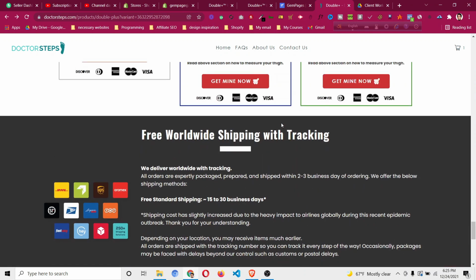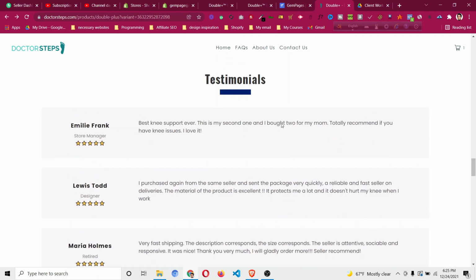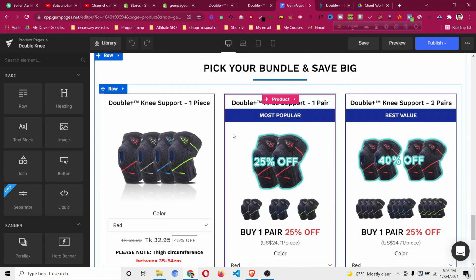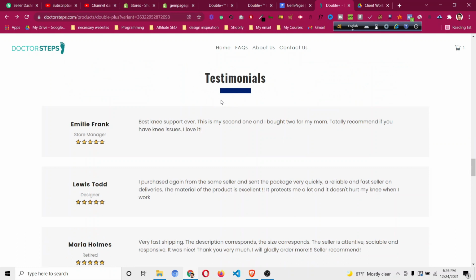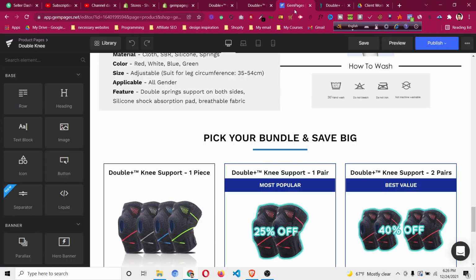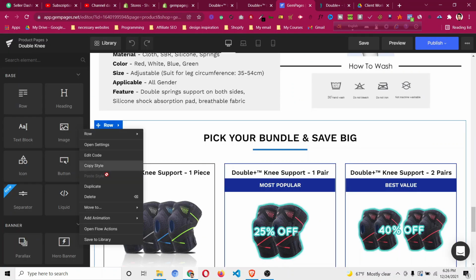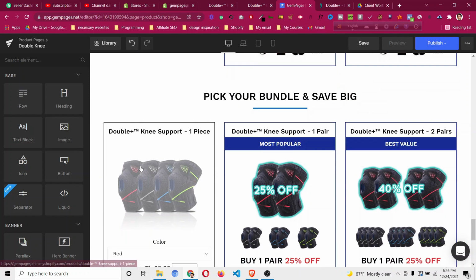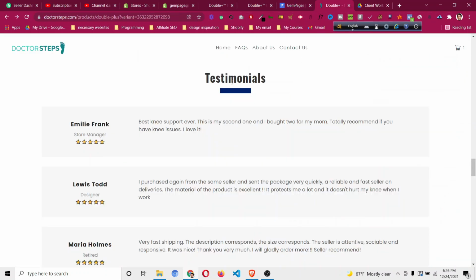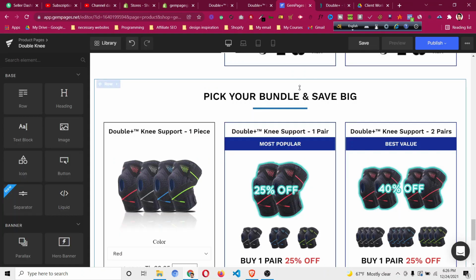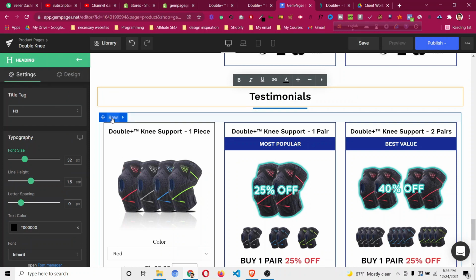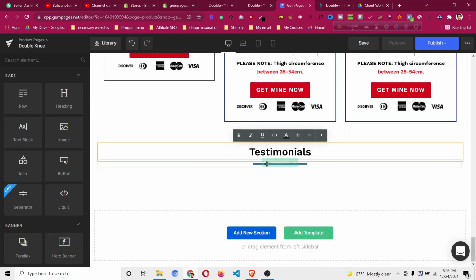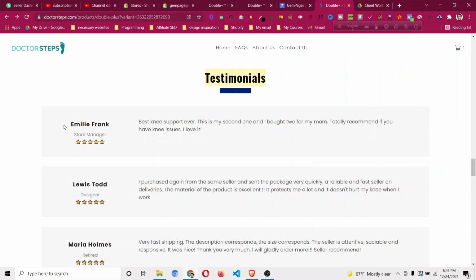Okay, so let's get back to this one, which I will show you how to add. As we have the same things of the heading and that separator, I will just duplicate the previous row here. Then we will just change this to testimonial. Click on it and then click testimonial, and I will just delete this entire row because we don't need it here. But what we need is a row,